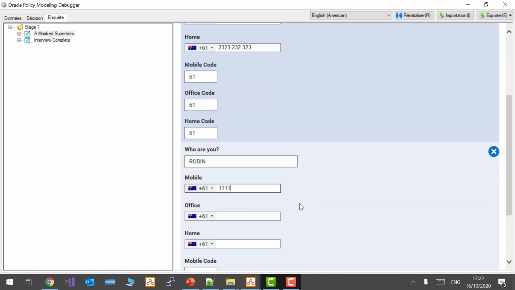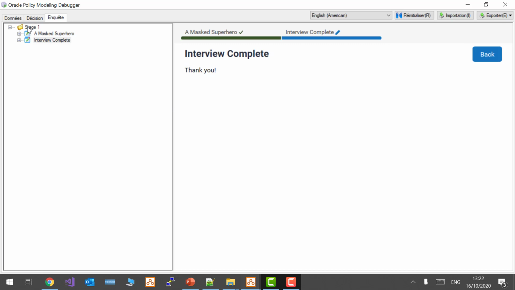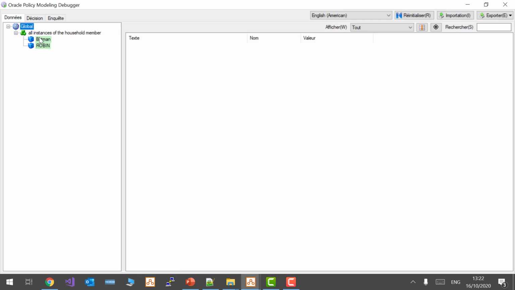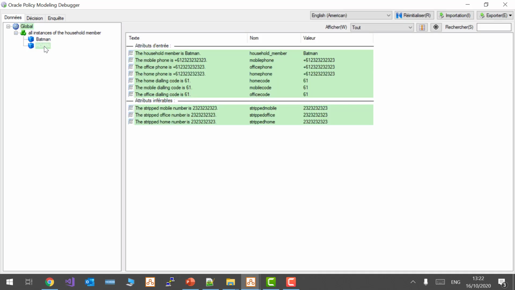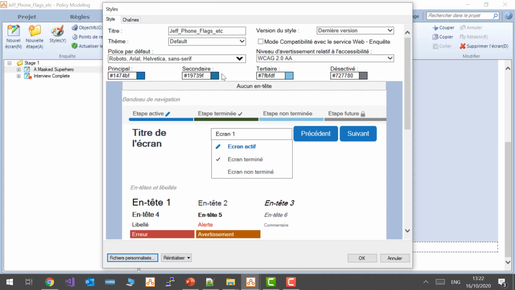So I'll put in a second user, put in another number, a whole bunch of numbers in fact. We have Batman and Robin, and we'll go and look at the data tab, and we'll see that we have correctly saved the data for each of the instances of the entity. So switching over to our code for a second,